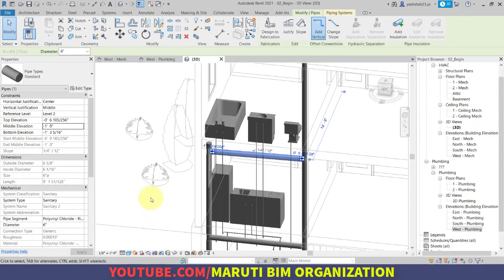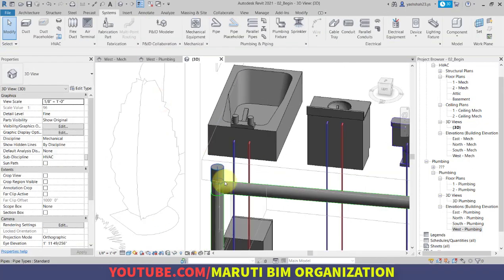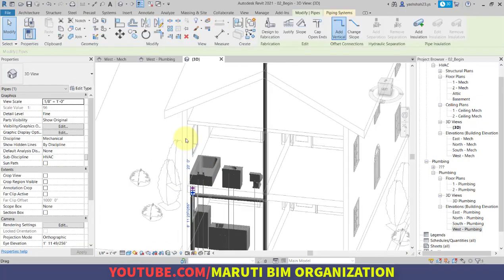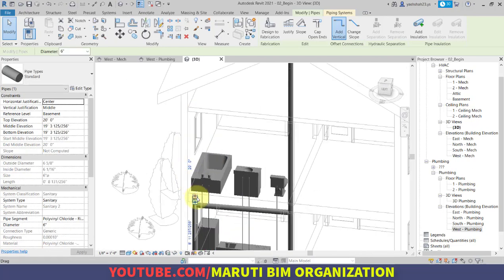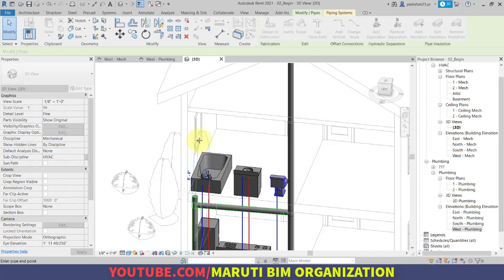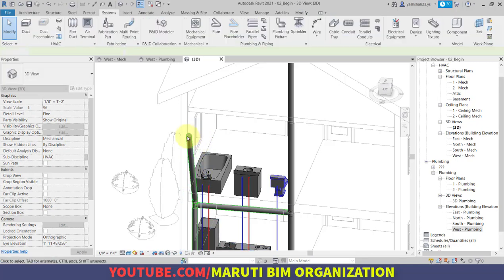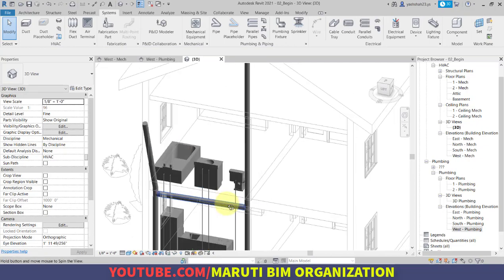Okay, and we will click and drag this pipe. Because this pipe will also require some length, I will click and drag vertically, and make sure that whenever you are clicking and dragging vertically, you do it properly, otherwise it will look like this.